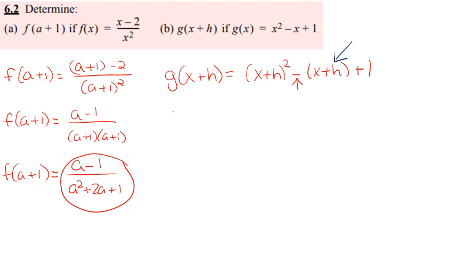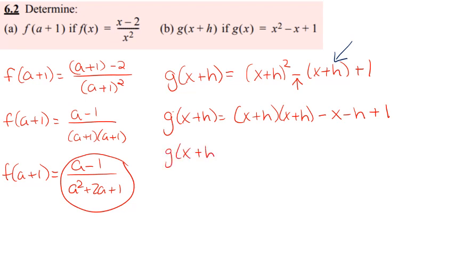I'll distribute this minus sign right there. So the first thing I'm going to do is I'm going to write x plus h twice. And then I'm going to distribute the minus sign. And that's what I get. Okay, so I'm going to double distribute this part. After you do all your work, it will become x squared plus 2xh plus h squared minus x minus h